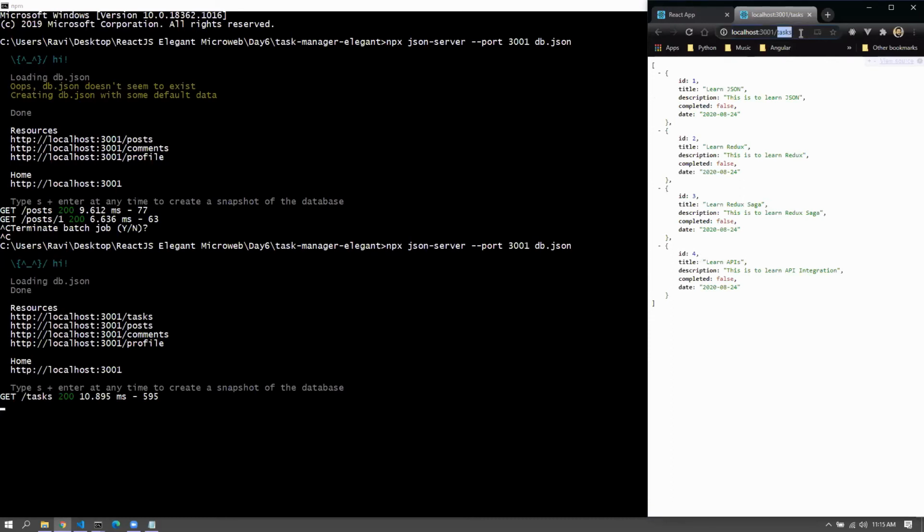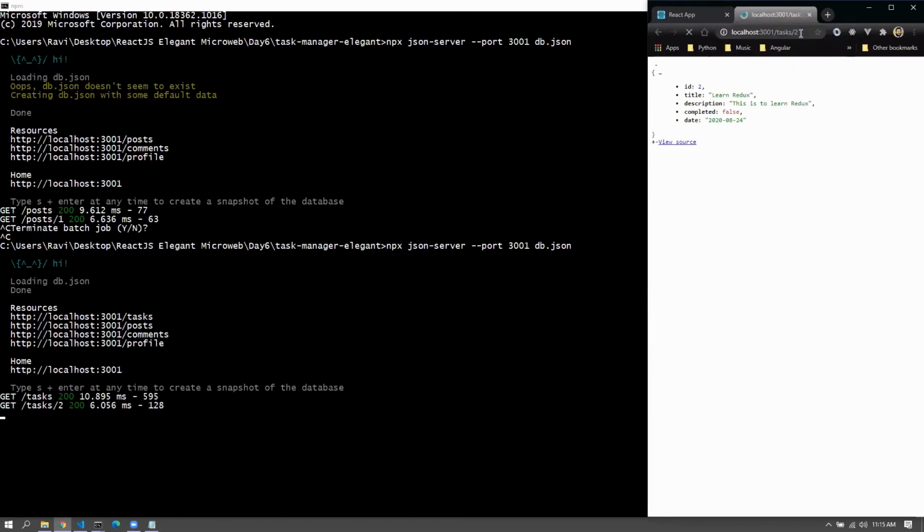Maybe a get tasks/2 would give me that specific task only. You can have a delete request, you can have a post request, a patch request, any type of request, but the browser would not be capable of firing it out. So you may want to use something called Postman or some other tool like that to fire that kind of request to the JSON server that we have created. So pretty simple way to create an API server with REST enabled,